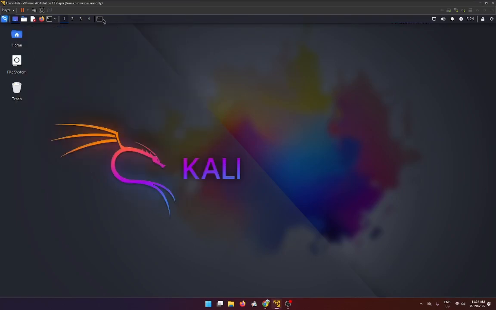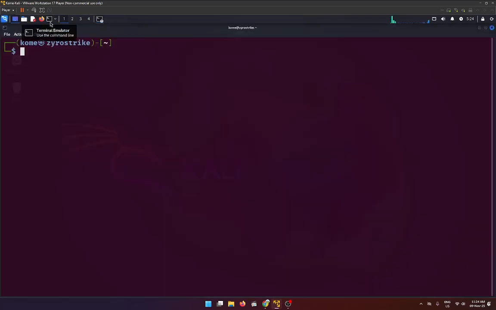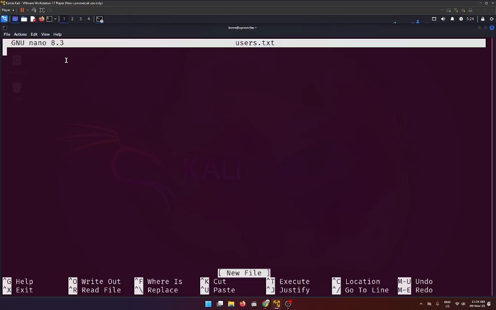So now I'm coming here on our Kali. I'm going to open our terminal, and here on our terminal I'm going to create a list of users. So I'm going to say nano users.txt, and we're going to create a list of users. One of them would be me, another one would be John, another one would be Smith, another one would be Door,